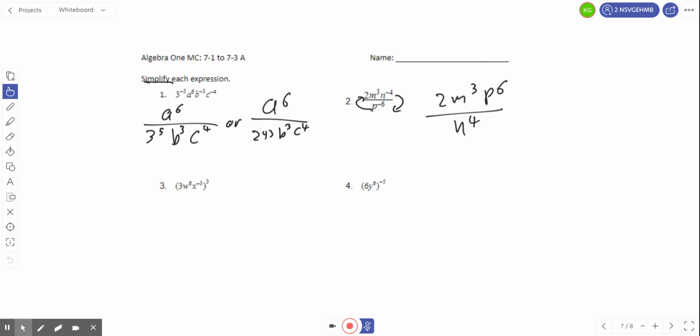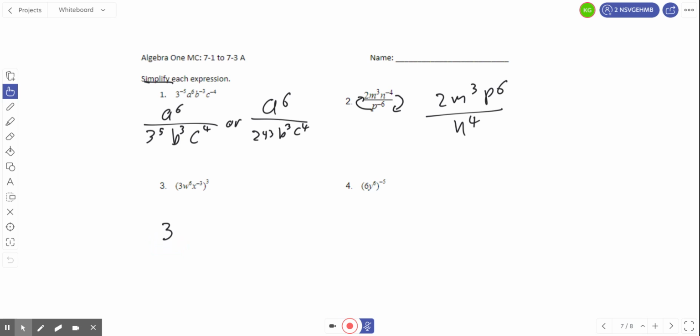For number 3, we have this whole thing to the power of 3. And so we have to distribute that, and we're going to multiply the powers. When you have a power raised to a power, you multiply the powers, the power product property. So what that looks like is